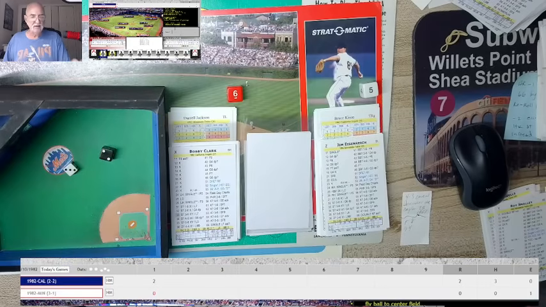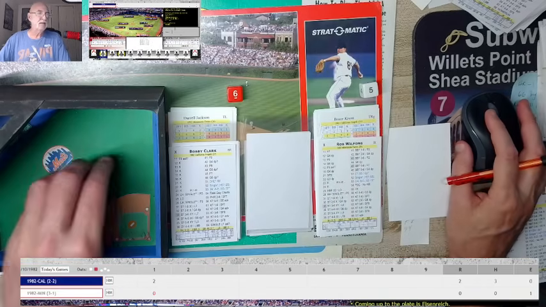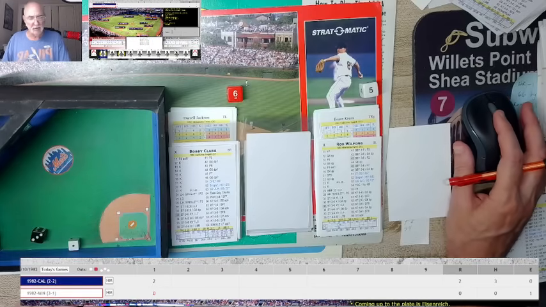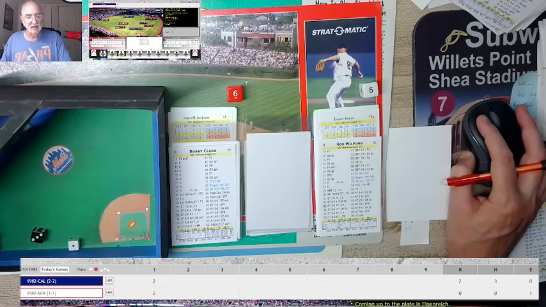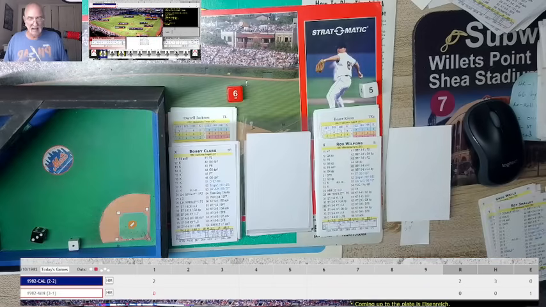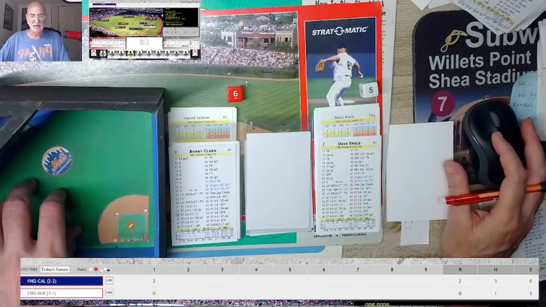So Bruce Kison, really good ERA for this team, 3.15 I believe it was. Rob Wilfong, that's a 31, and that's bounced up the middle, and that's through for a base hit. So that's a single. Kison is 5, hit is a 2, so that's a single up the middle, and he's on at first. There's no stolen base there, so Wilfong picks up a hit, and here is Dave Engel.